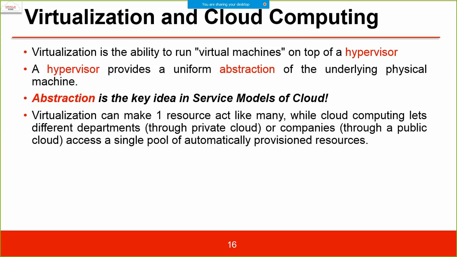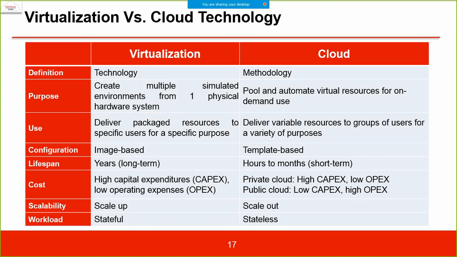This is the layer which I was talking about. Virtualization is running somewhere we have physical things, somewhere we have virtualized them, creating a pool of it, and on top of that we set up the cloud. The automatic provisioning is done by that layer which I was trying to explain at that time. You will get a clearer difference between the two by looking at the boundaries. Definition of virtualization: it is a technology, whereas cloud is a methodology. I would not call cloud a technology because it is using the technology of virtualization to set up the cloud. So cloud is a methodology, virtualization is a technology.